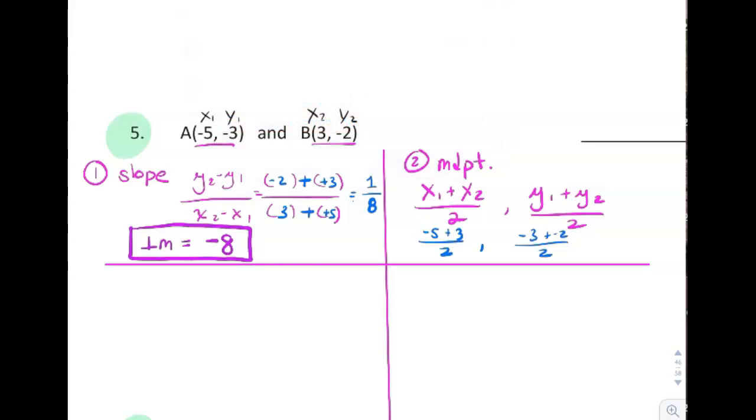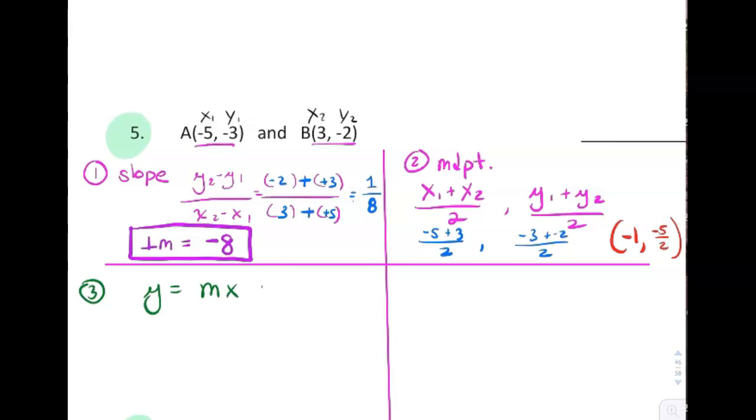And that turns out to be, let's see, negative 5 plus 3 is negative 2. Divided by 2 is negative 1. And negative 3 plus negative 2 is negative 5. So that would be negative 5 halves, because that's not going to reduce any further. Okay? Negative 2.5. All right, step 3 is going to be